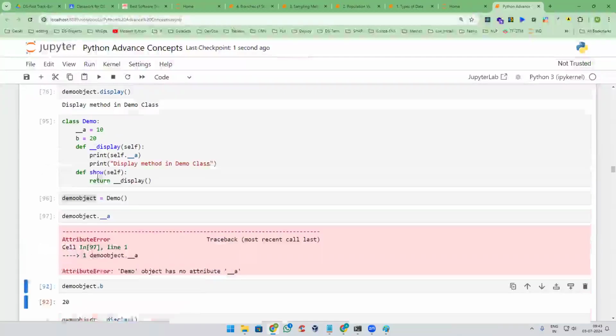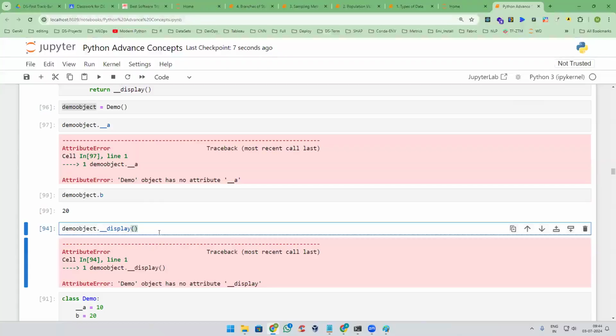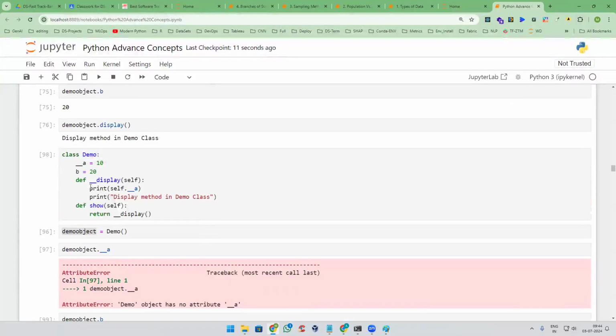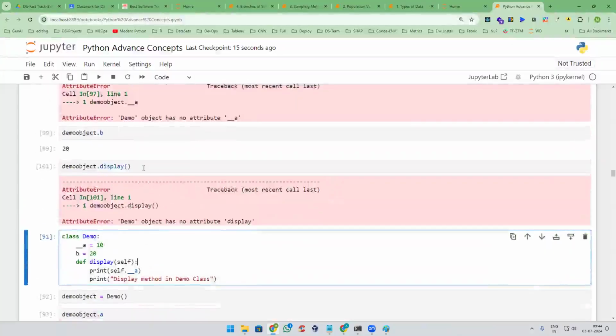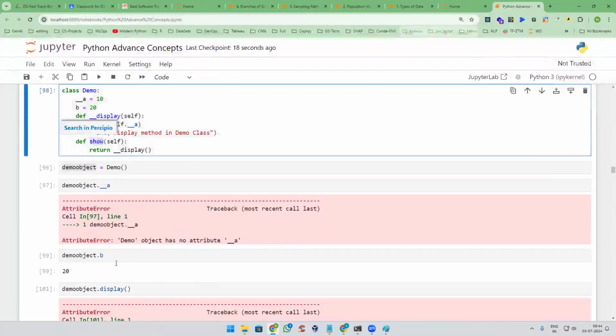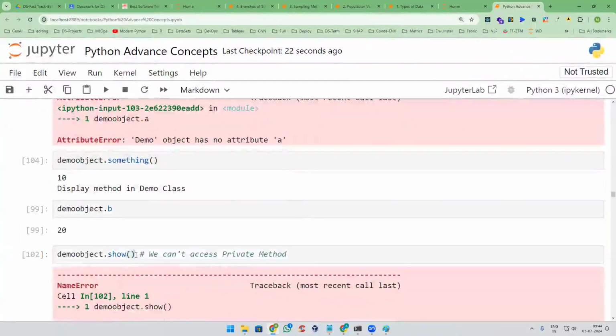A, of course, I can't access because it's private. B, of course, I can access. Display I can't access directly, because we made this private. And the other one is show, right? So if I use show,